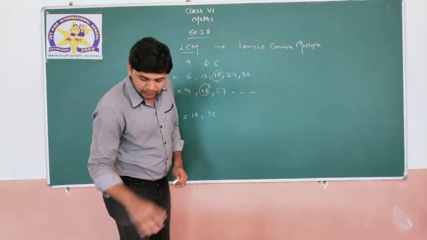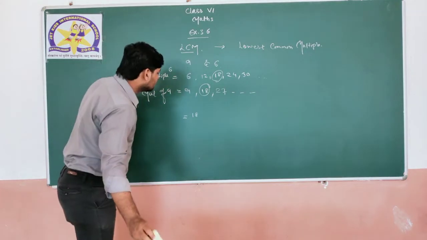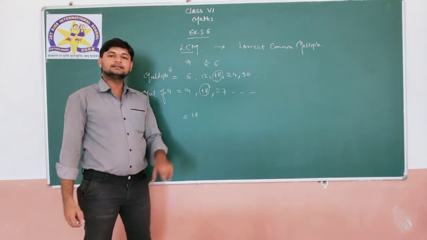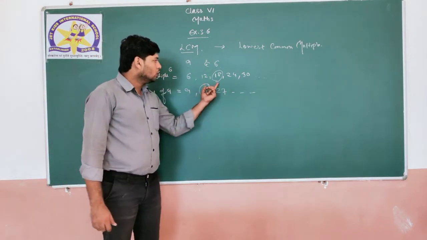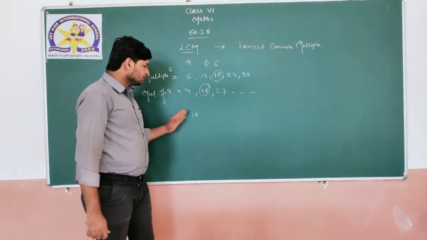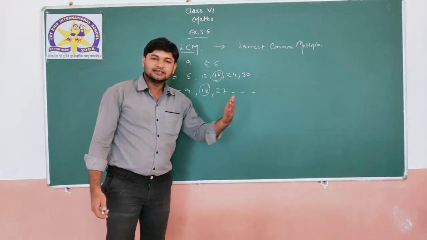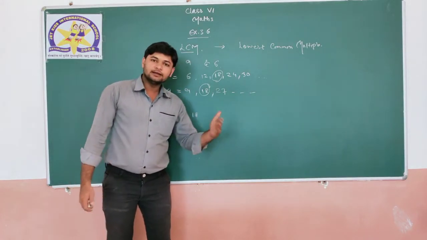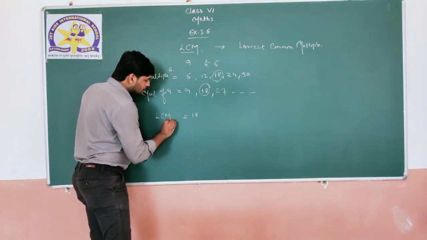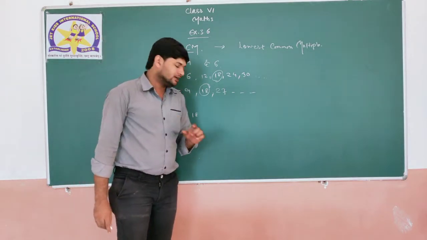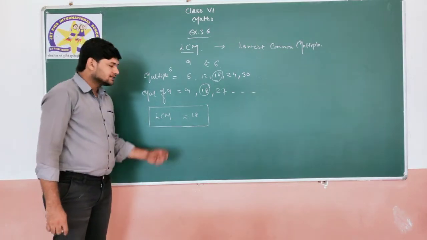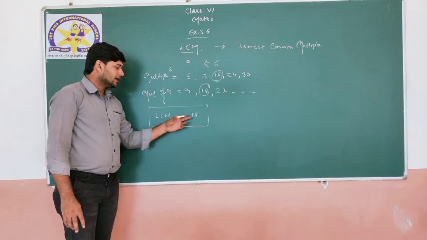You know the trick. But here, 18 is the first common multiple. It is also known as the lowest common multiple. Why? Because all the other multiples which are common in these two will be greater than 18, as we proceed with the table of 18: 18, 36, 54. So the first common multiple of these two will be the lowest common multiple. Hope it is clear to all of you. Clear? So this LCM is 18.